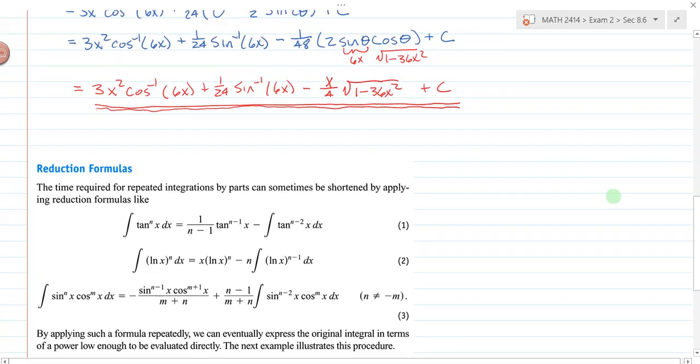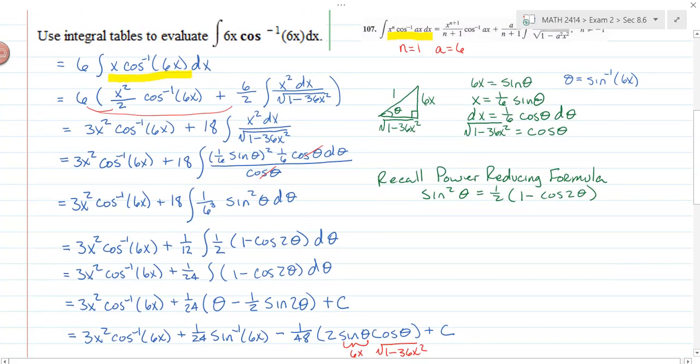We could have done that with example 2. Instead of doing the trig substitution here, if I wanted to stay true to the problems in this section, I would have looked up another formula to evaluate this integral right here. What formula would I have used there? It would have been a form a squared minus x squared. 49. We could have used number 49 on this one, but notice this has a 36x squared in the problem,